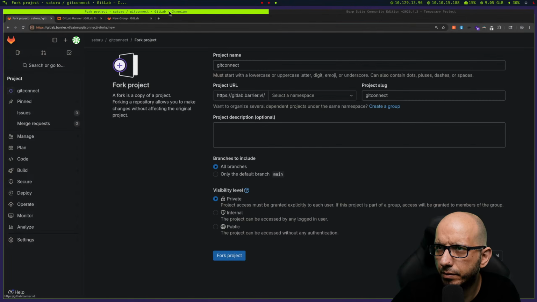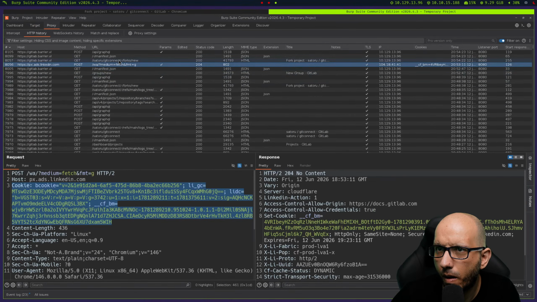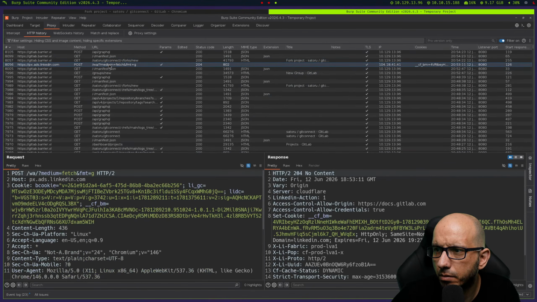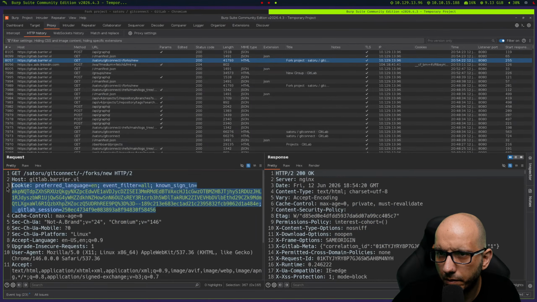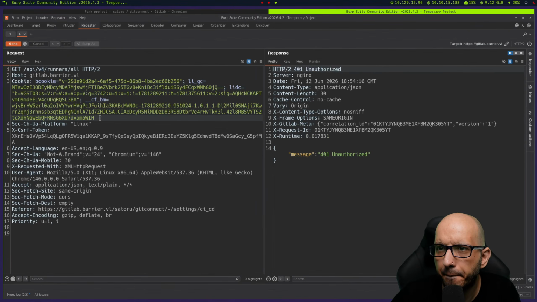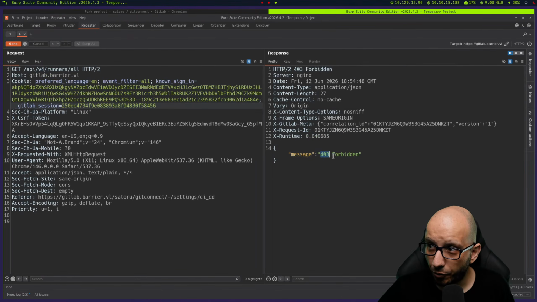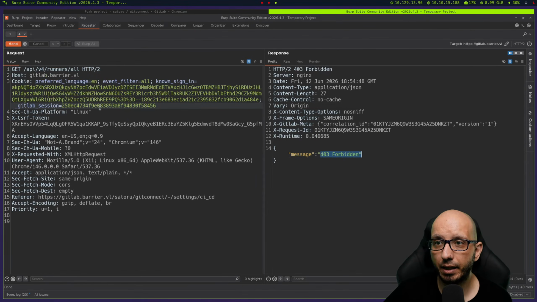Still unauthorized. Okay, here is my new cookie. Okay, now we get 403 forbidden, not 401. Okay, we are authenticated, but now we get 403, which means we are not able to run those runners calls